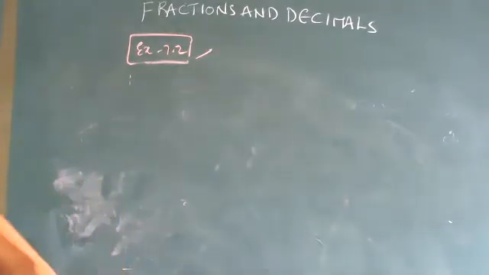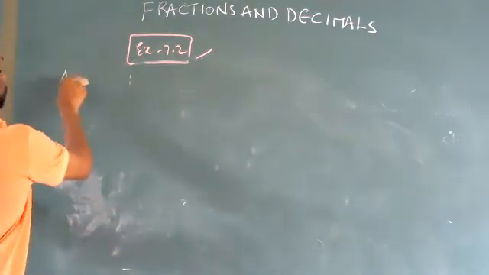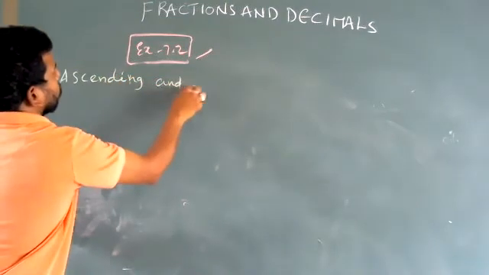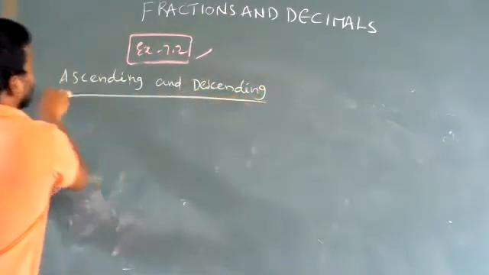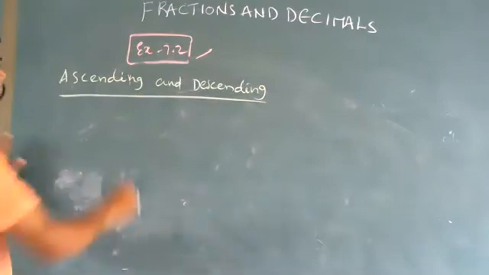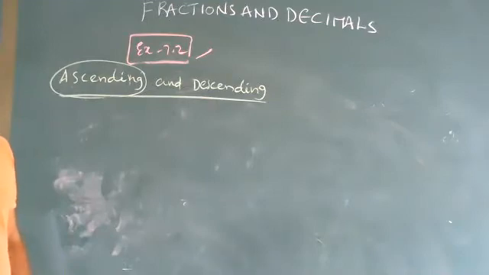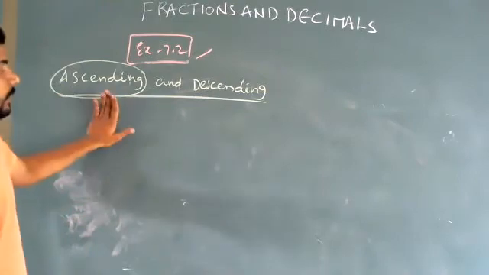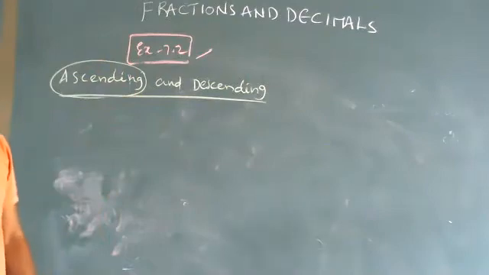Ascending and descending order of fractions. So what is ascending? From small to big. You arrange the given numbers from small to big, so it is called ascending. What is descending? From big to small, we arrange the numbers. It is called descending order. For example, in fractions,